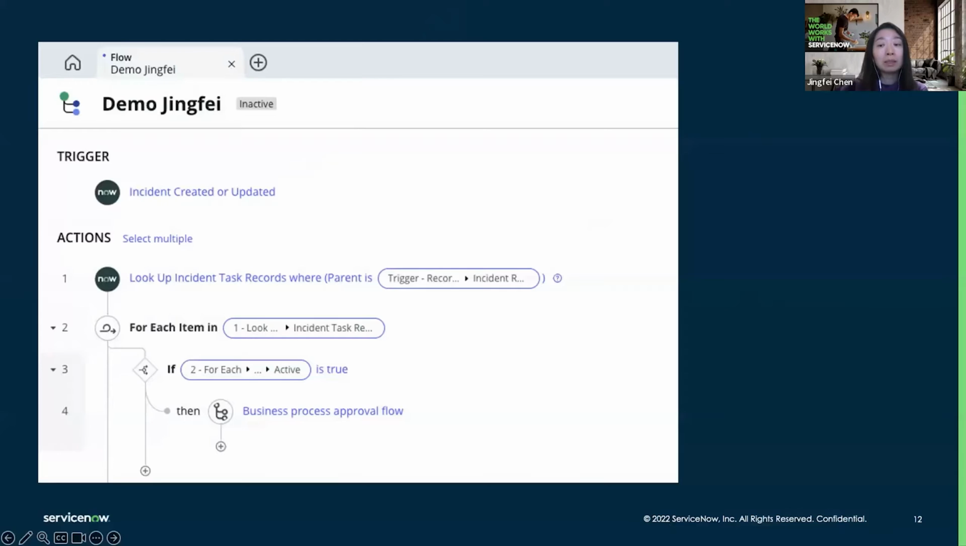So trigger means the condition that determines whether the flow should run in the first place or not. If you think about it as if this and that, trigger is the first if statement. If trigger is satisfied, your flow will run. Otherwise, your flow will not run. In this example I'm showing on the screen, the trigger is incident created or updated. That means any incident that's created or updated will have this flow run as a result of that triggering